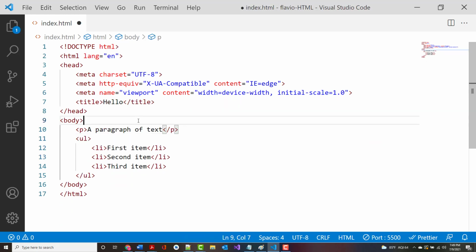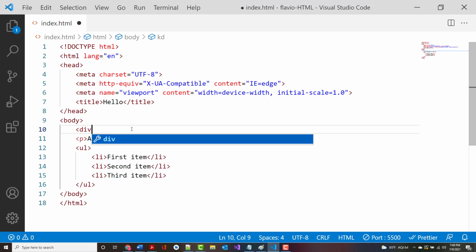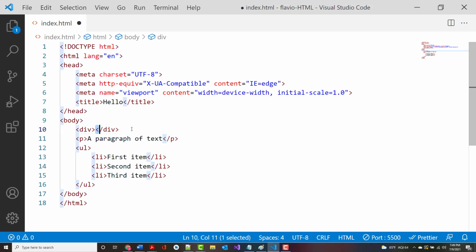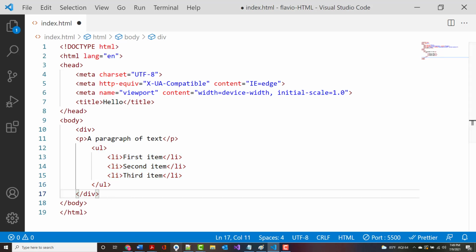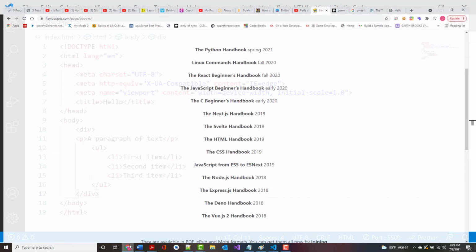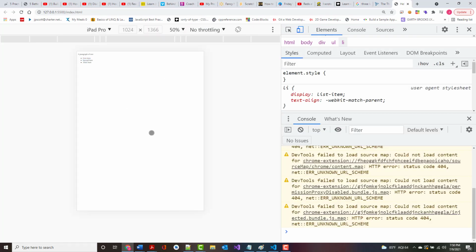Okay. And I'm going to take all of this stuff and put it in what's called a div, for division. Let me move all these over and this one over. Now it's not going to look any different on the page. It shouldn't look a bit different. Looks still the same. But when I go into the inspect,